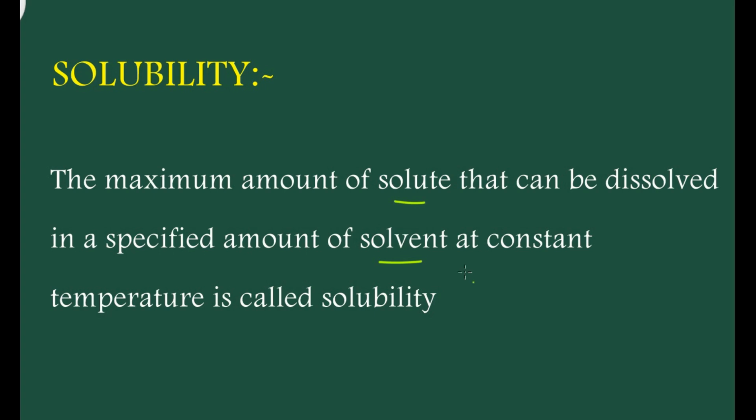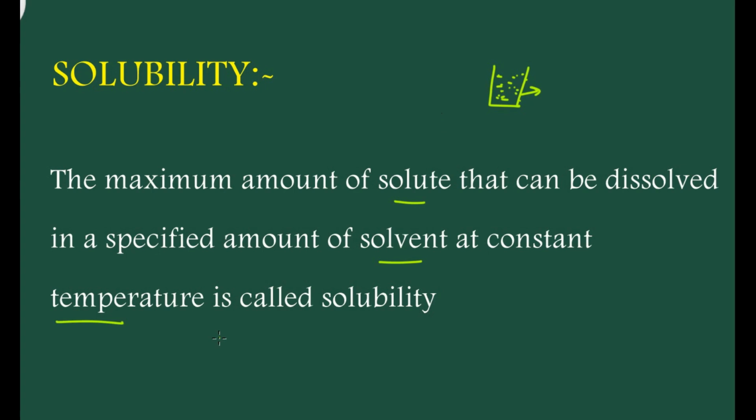For example, if you dissolve 1 spoon of sugar in 1 glass of water, the component which is in large amount is water, so water will be your solvent and the sugar will be your solute. Now, what is solubility? The maximum amount of solute that can be dissolved, the highest amount that you can dissolve in a solvent at a constant temperature. Why are we talking about temperature in this place? Because